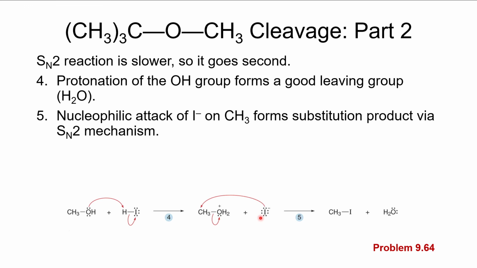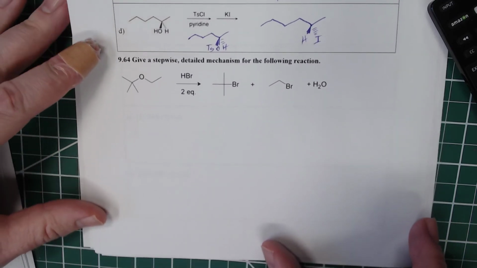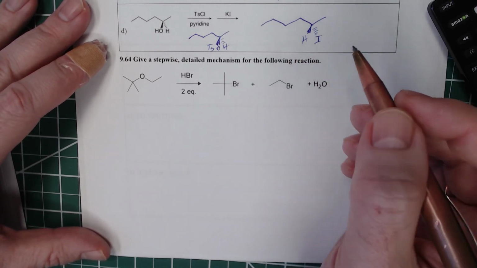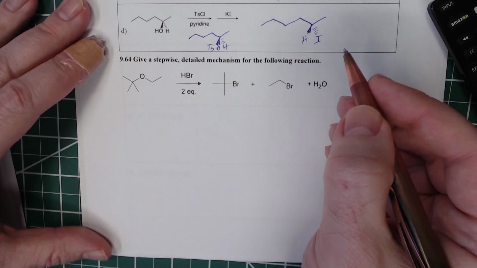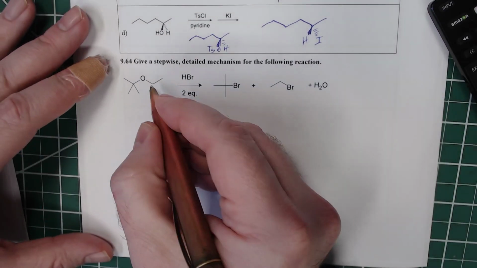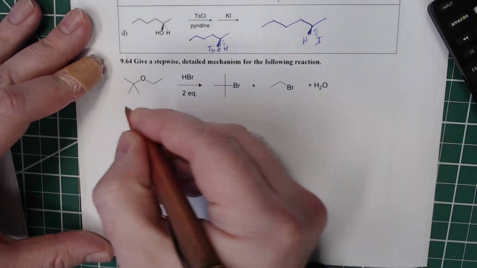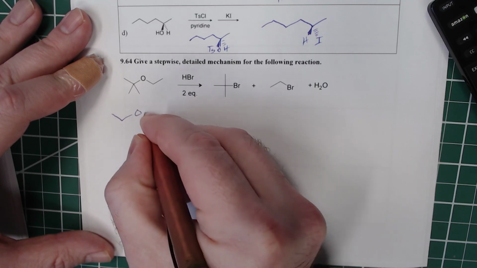So we're going to look at number 64 and go through one of these mechanisms. And I find this a useful thing to do. And I usually end up putting one of these on the exam. So let's look at this. We're going to do a stepwise detailed mechanism for this reaction. So first things first, this one is almost the same as the last thing, except we have ethyl here instead of methyl. So if you're ever not sure where to start,